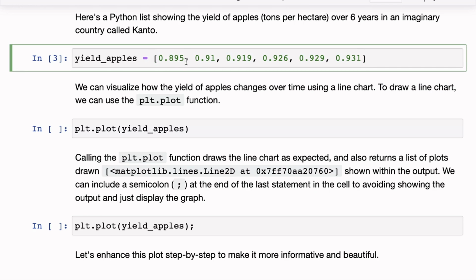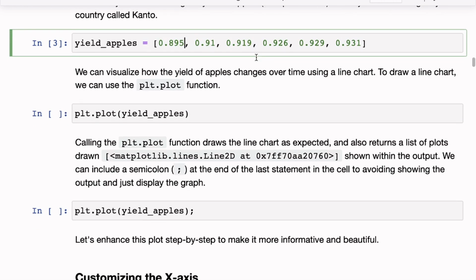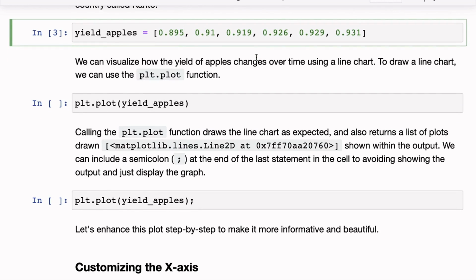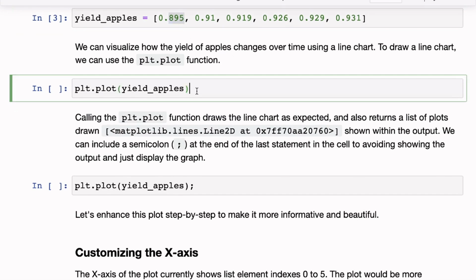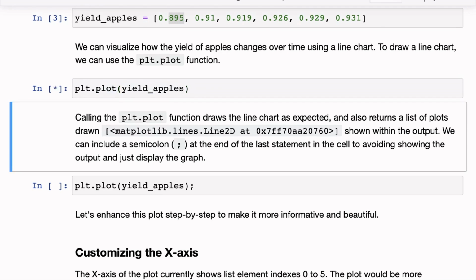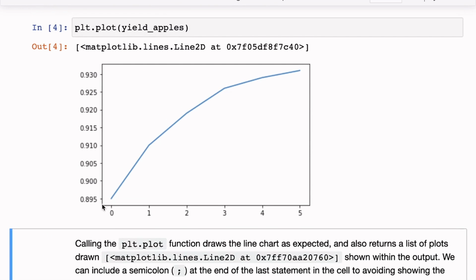So now we have the yield of apples, and by looking at this, we might wonder what the trend is looking like. We have a certain idea that it seems like the yield is growing over time, but it's not very clear how fast or slow the growth is and whether this growth is likely to sustain. So immediately the simplest thing that we can do is plot it on a two-dimensional XY axis coordinate plane, and we can plot these points on the coordinate plane. The simplest way to do that is to use a line chart, which you can plot using plt.plot. So we say plt.plot and give it a sequence of numbers, and that sequence of numbers now gets plotted.